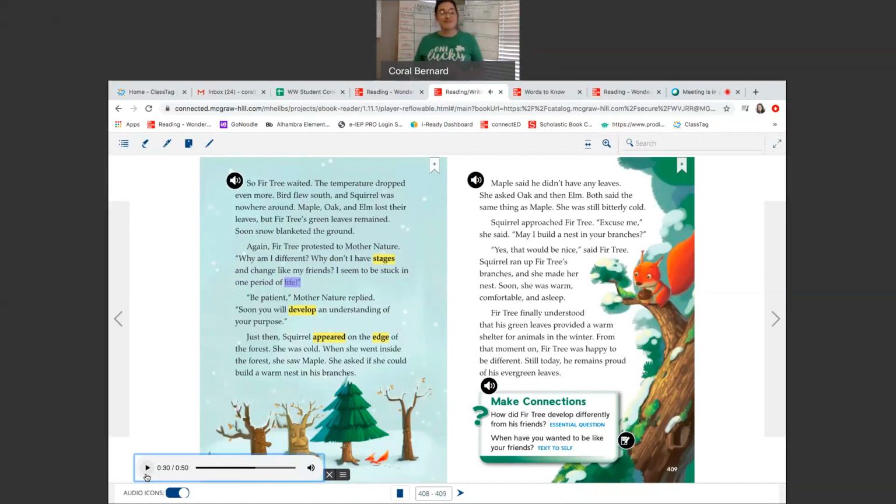So we came across our fifth word, stages. Listen to the sentence. Why don't I have stages and change like my friends? So there's a context clue in that sentence. Stages and change. So stages must mean changing periods. Okay, so if I think of stages and I think of things changing, I kind of think of like a life cycle. I'm going to draw